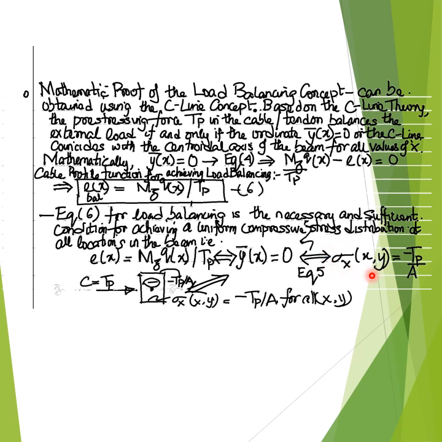And the resulting equation for the normal stress sigma x at any location x and y for the condition of load balancing is a uniform axial compressive stress equal to minus Tp divided by A,